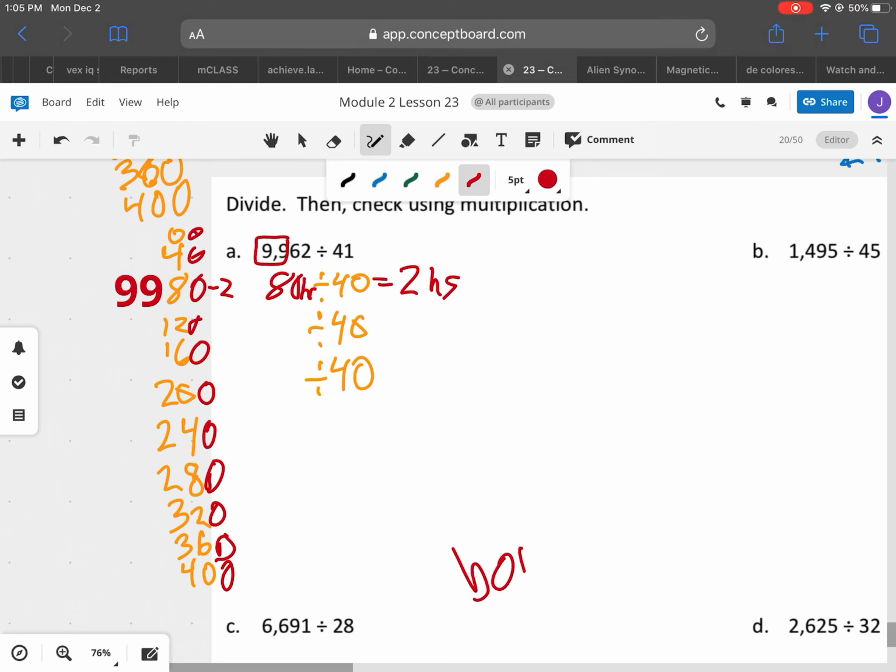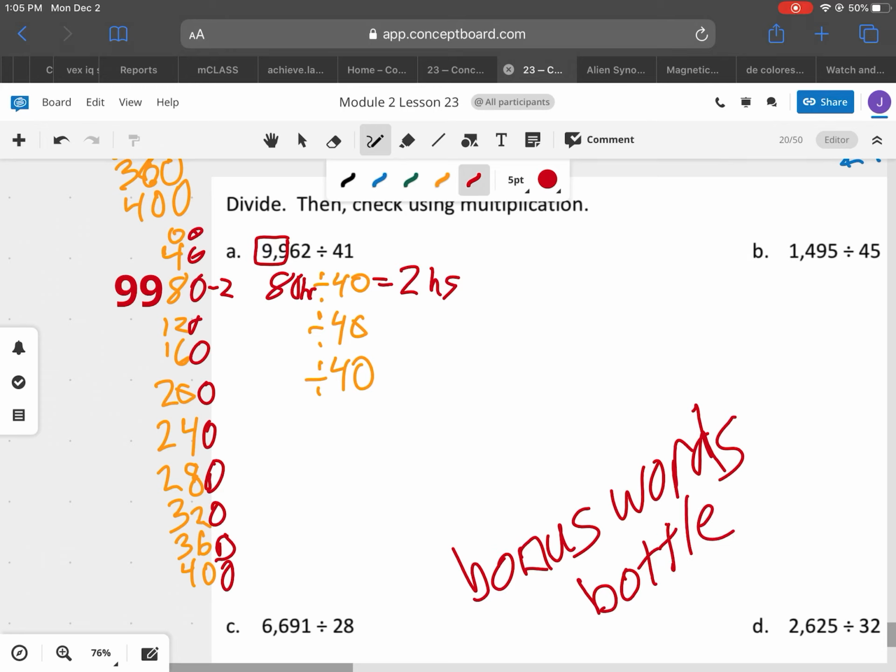Bonus word. Sorry, something's going on here. Technical difficulty made it hard for me to do these problems. Sorry about that. Bonus word will be bottle. I'm looking at my water bottle. Okay? The force